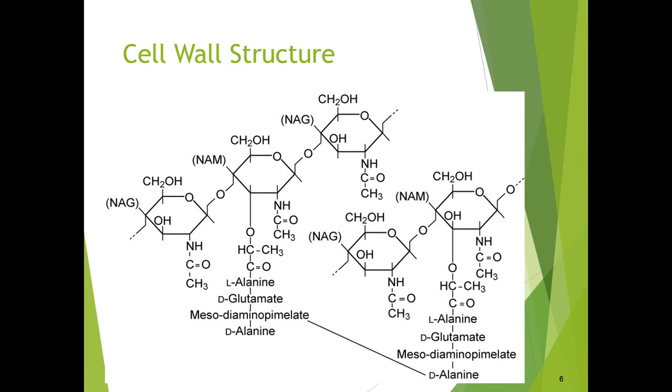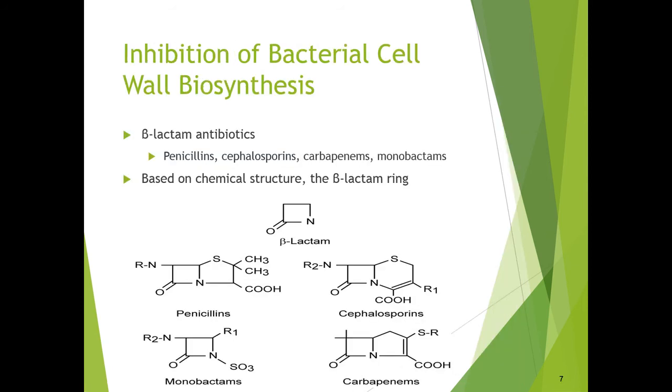Hopefully this looks a little familiar. This is the NAG and NAM. So this is the peptidoglycan layer, and it's just these repeating units of NAG and NAM. And the beta-lactam antibiotics, they sort of put themselves in this repeating subunit and interfere. It's not able to build its lattice work and build its cell wall the way it needs to because this antibiotic is interfering. So these are your basic antibiotics, and I mostly just want you to think of penicillin and ampicillin when I say